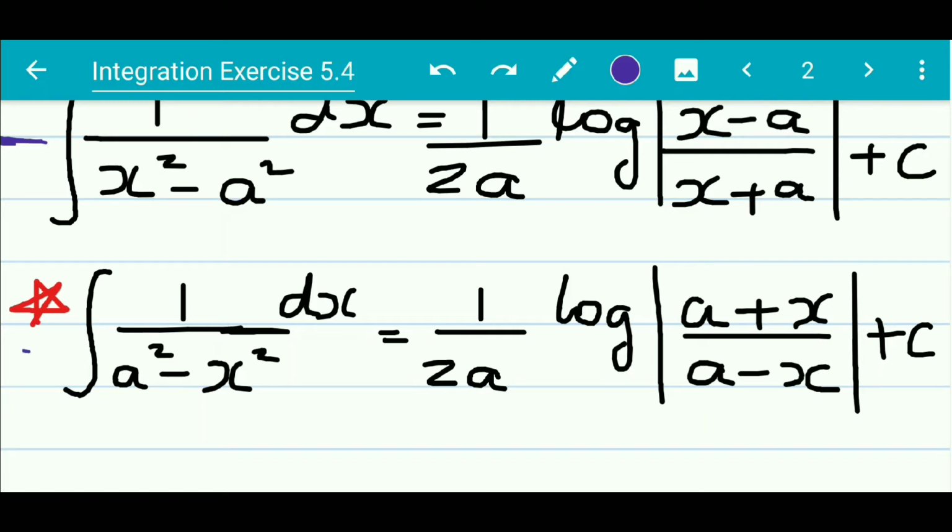Both of them look similar, isn't it? With only minor differences between them. So that makes it easier to learn them as well. So what you can do is you can just pause the video for a few minutes, learn these formulae thoroughly in the mind, and then begin the video once again. And then we can start the sums.